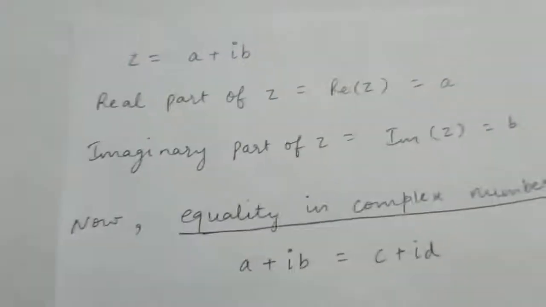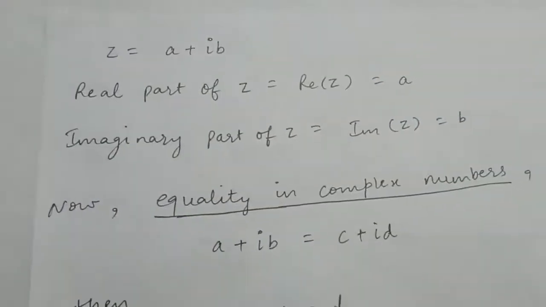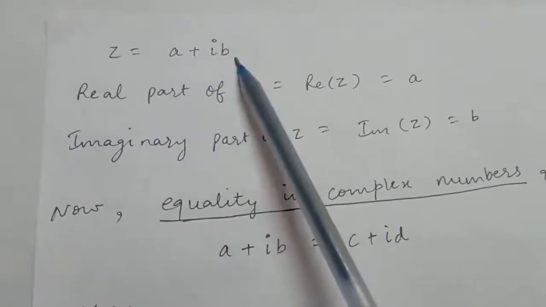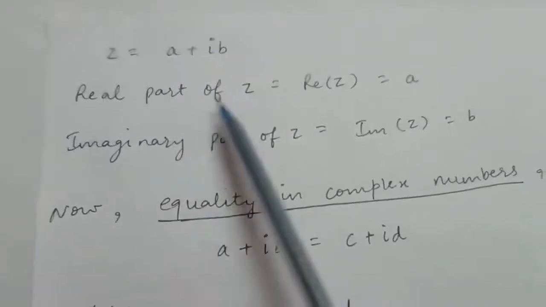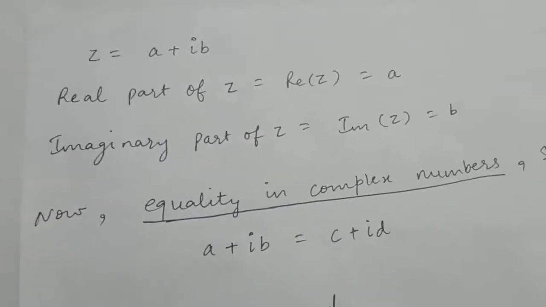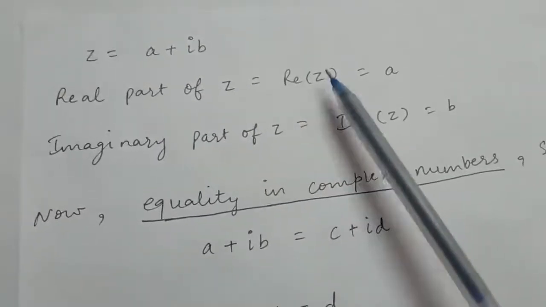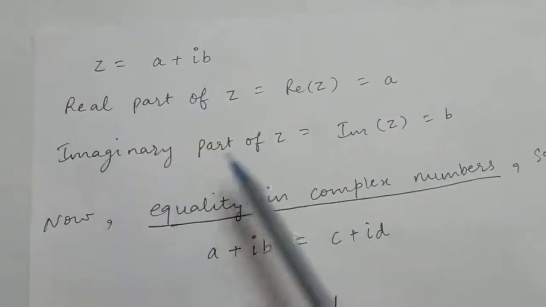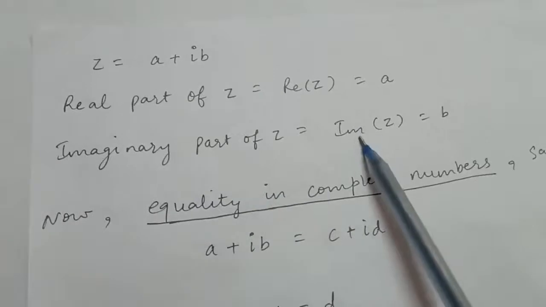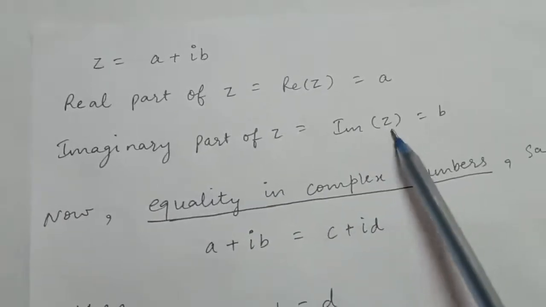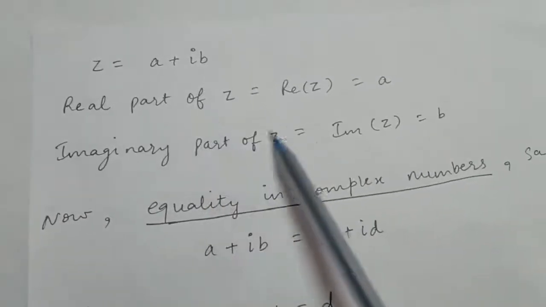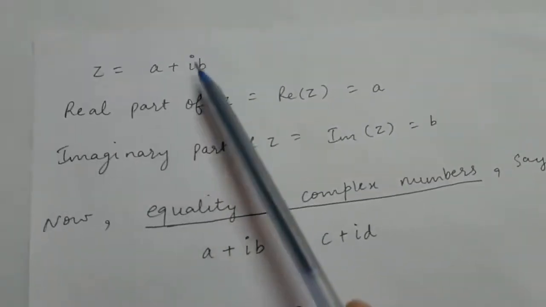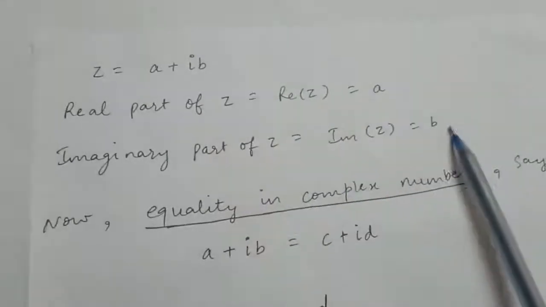Now, if z is a complex number a plus iota b, right, then a and b both are real numbers. Now, if they ask for the real part of z, which can also be written as Re(z), it is equal to a, which is this, and the imaginary part of z, which is written as Im(z), is that number which is multiplied here with the iota. So the imaginary part will be b.